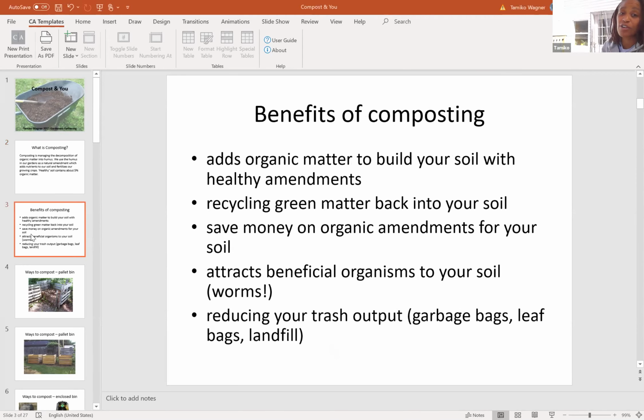The benefits of composting. So why do you compost? Adding organic matter helps to build your soil, again, with healthy amendments. If you use leaves from the trees in your yard for your compost, then it's actively adding